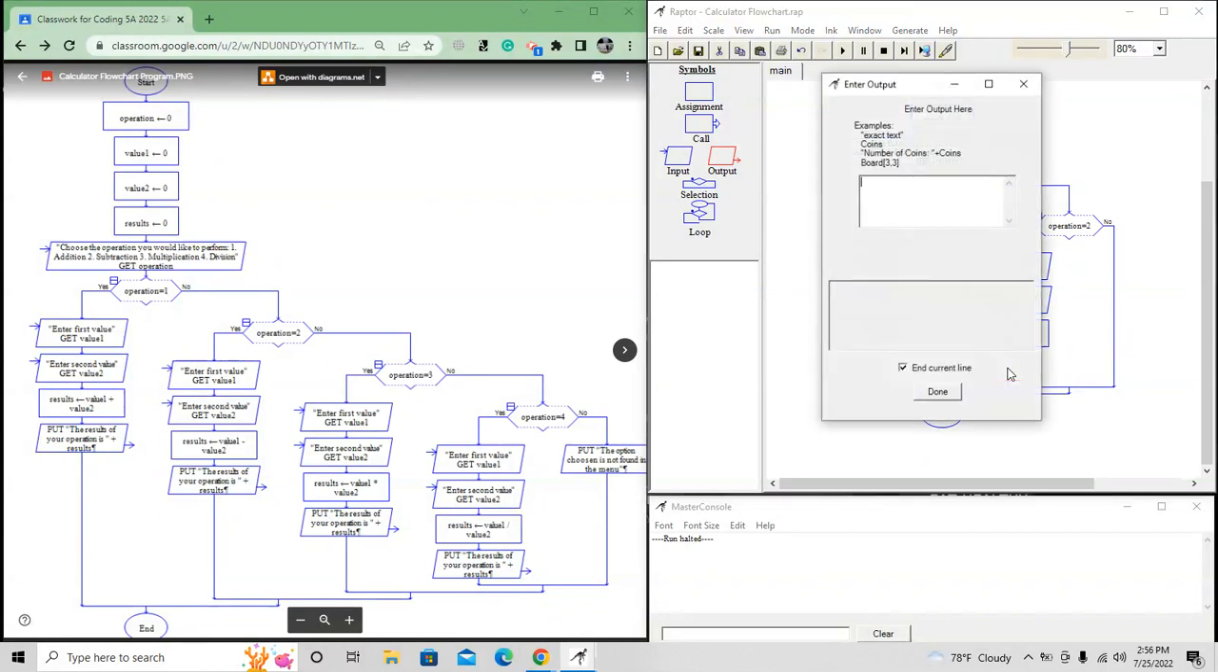And now here in the last one, we're going to put the results. Again, what we want the user to see, the results of the